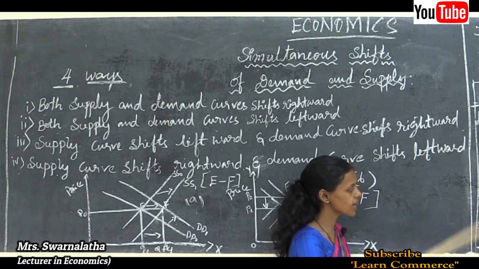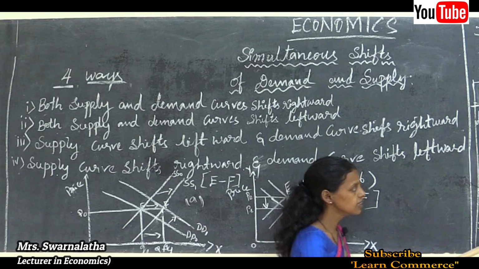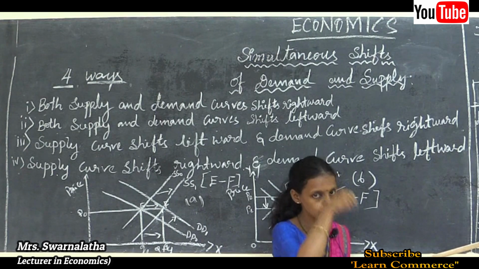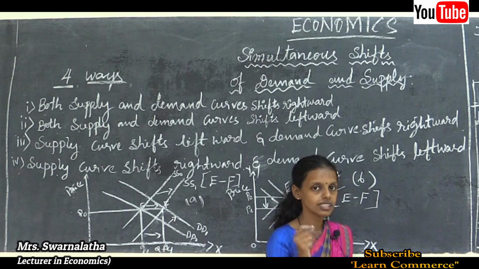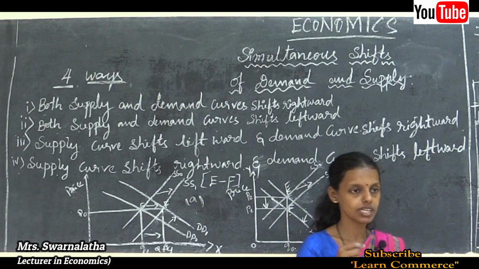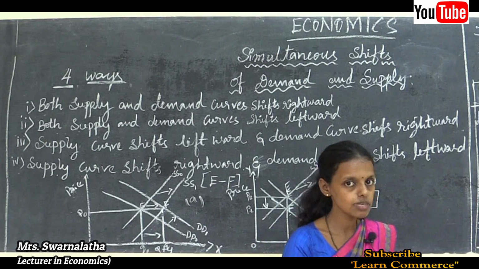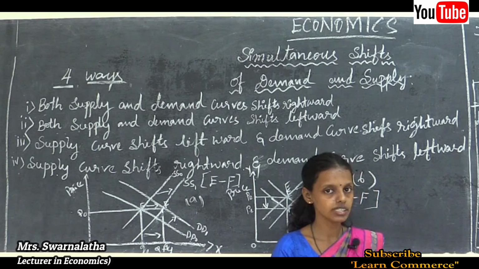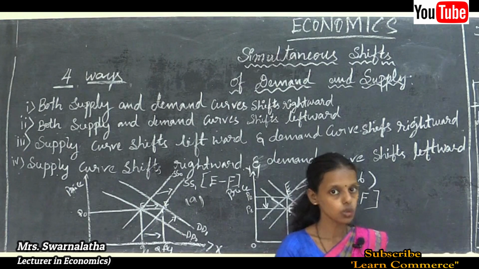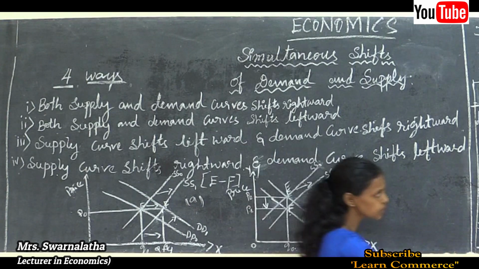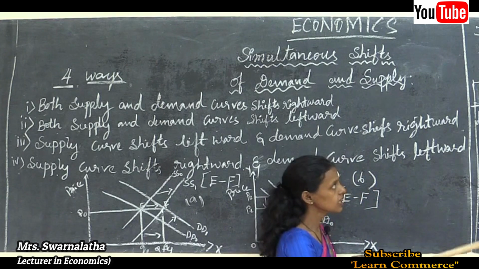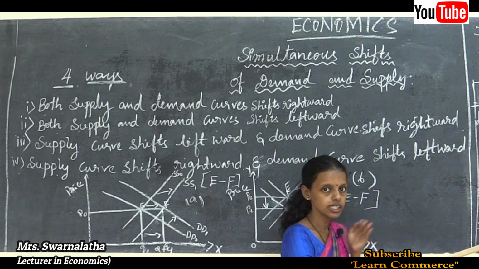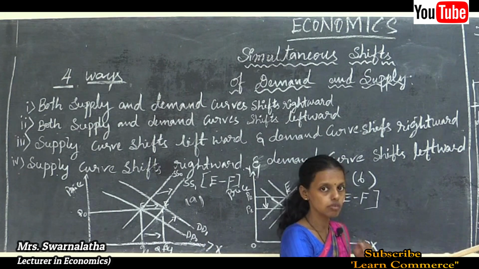Why? Because the supply curve shifting leftward means the increase in the price leads to a restriction on new firms entering the market. As we studied in the features of perfect competition, there is free entry and exit, so we are assuming that all the firms are producing homogeneous or identical goods. An increase in the price leads to a decrease in supply because new firms do not enter the industry, so that reduces the firm's output.